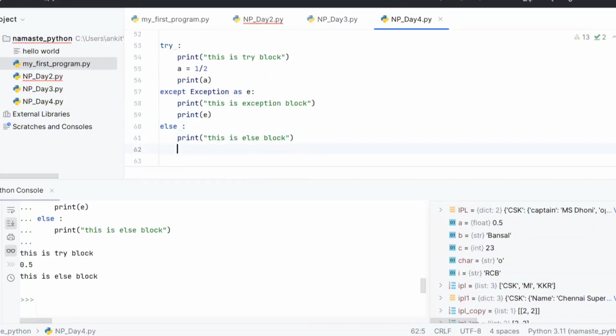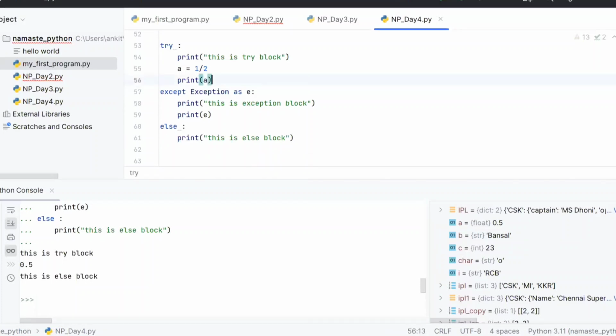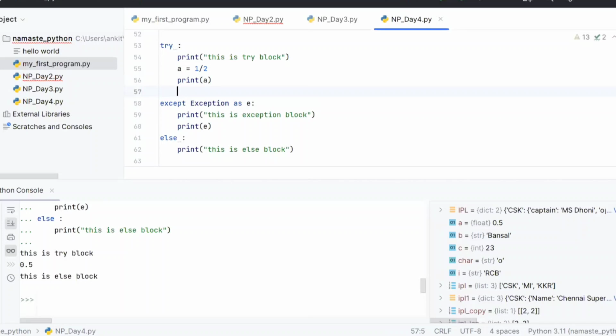Ankit, then can we write the print statement directly below in the try block itself, rather than writing it in an else statement? If it is going to work here, you are saying? No, but the possibility is you might have an exception after this.